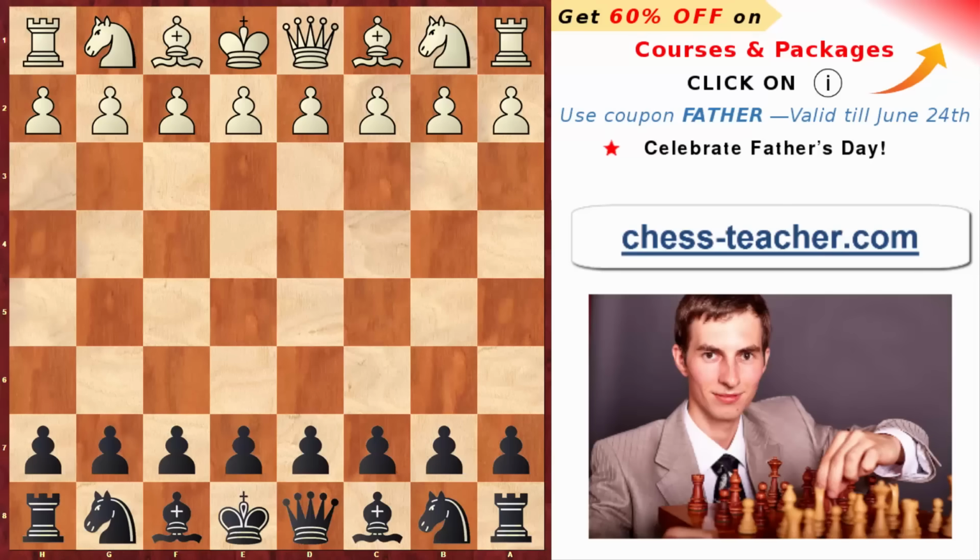What's up and welcome into today's video where I'm gonna be sharing with you a killer opening line for black against the white's first move pawn to e4. You can respond pawn to d5, which looks like a Scandinavian defense, but after that, the trick is after the